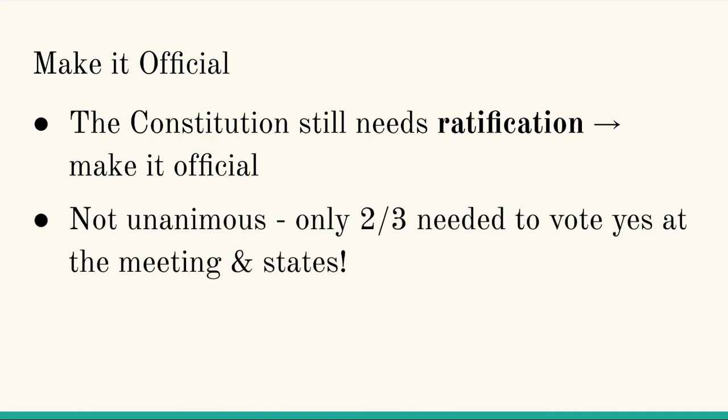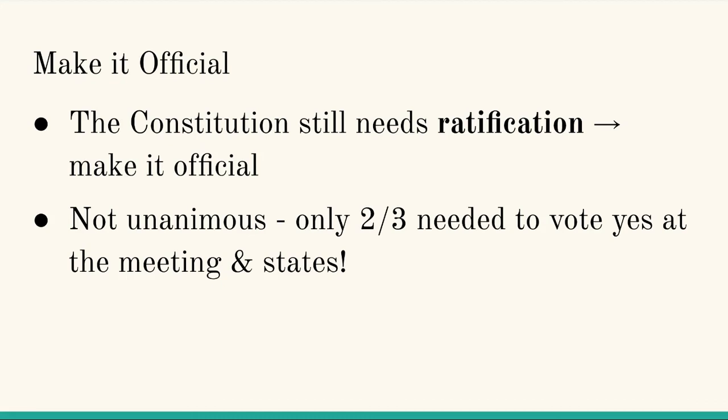Unlike the Articles of Confederation, this does not need to be a unanimous decision. We've learned our lesson and realized a unanimous decision is pretty hard to come by. What we need instead is a 2/3 majority in favor of ratification. This is a 2/3 majority of people within Congress. That's who's making the law, so that's who would be voting on this.